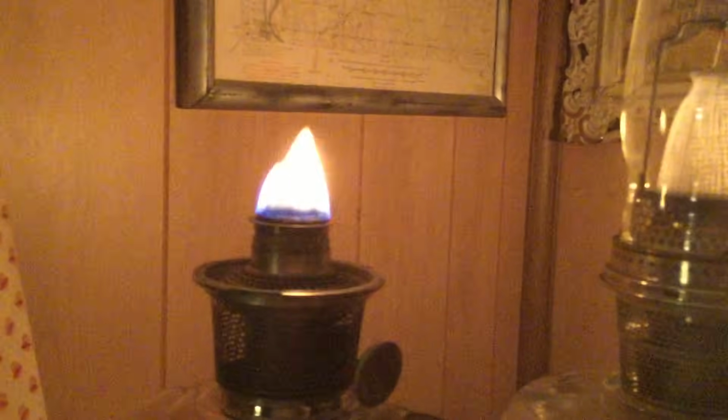It's also a good idea to light it on both sides to help it quickly come up evenly all the way around. Once you have an even flame going all the way around, turn it down just slightly, and then pick up your gallery assembly. Place it back down on the burner